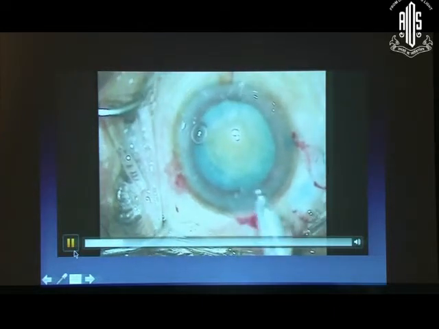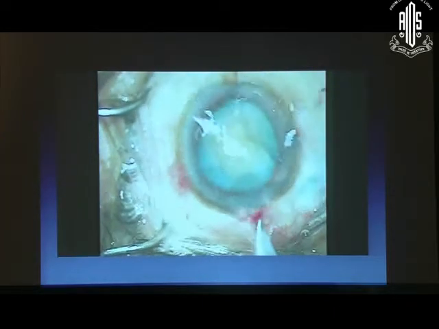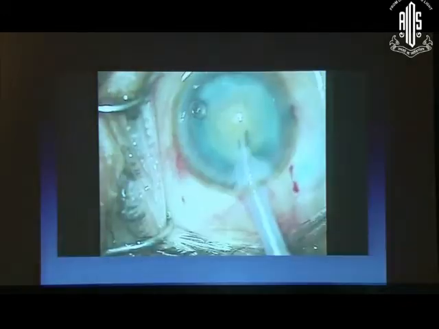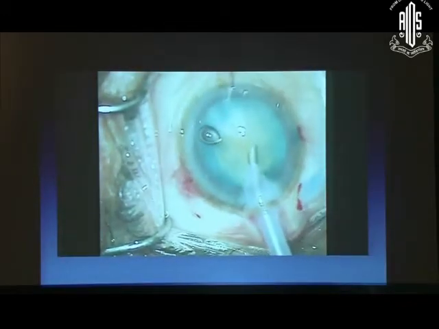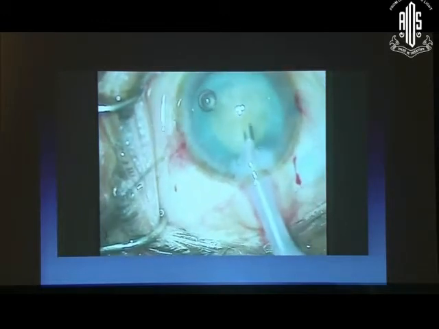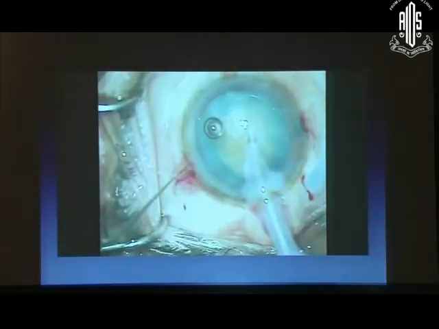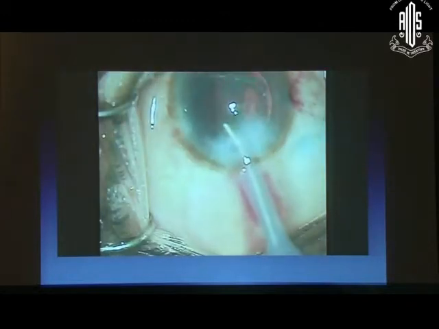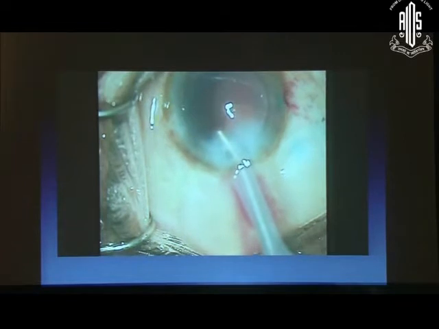Coming to another video which tells us about an incision which is too small, where the probe has been pushed in, can cause wound burns. Very important to remember is when your probe is inside the main tunnel, there should be some egress of fluid on either side of the tunnel. This causes the cooling of the tip. Also, when you have a viscoelastic, please concentrate at the level of the wound, and there is the wound burn.